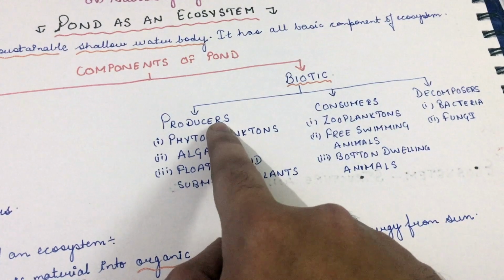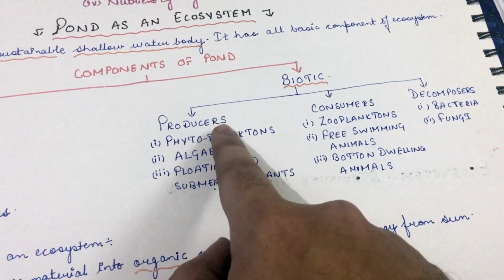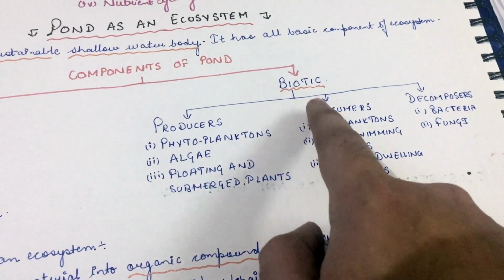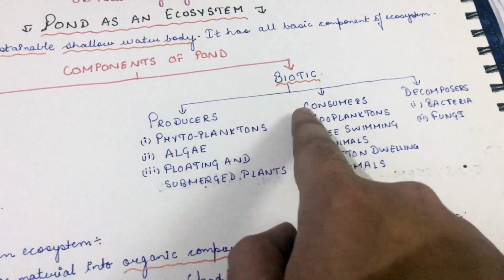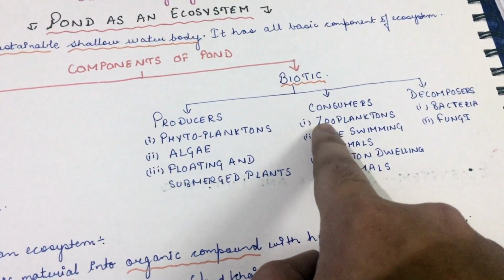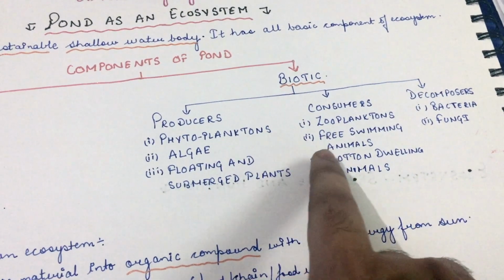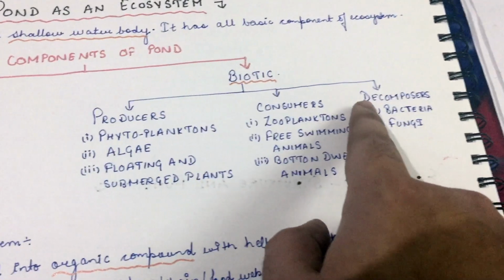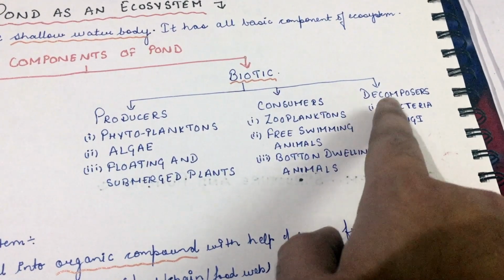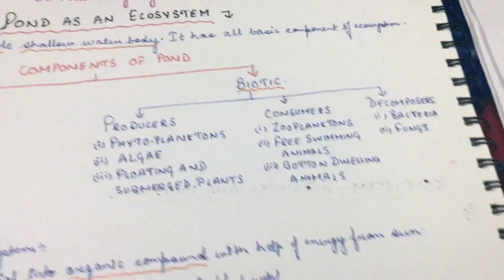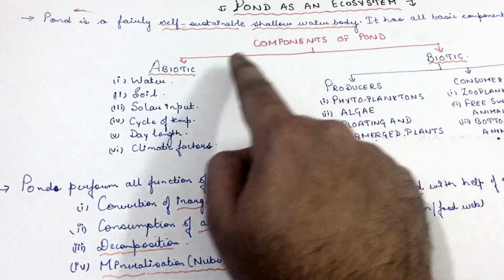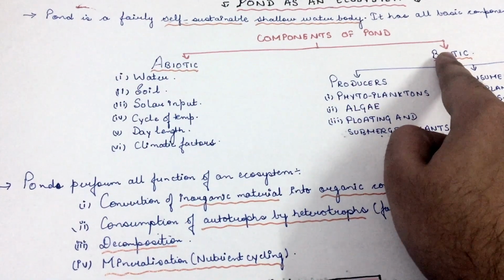The producers include those plants which can make their own food, for example, algae, phytoplanktons, etc. Consumers depend upon the producers, they consume or eat the producers, for example, zooplankton, free swimming animals, and bottom dwelling animals. And decomposers act on the dead plant matter, for example, bacteria and fungi. So the first reason why pond is considered an ecosystem is that it has all the biotic and abiotic components which an